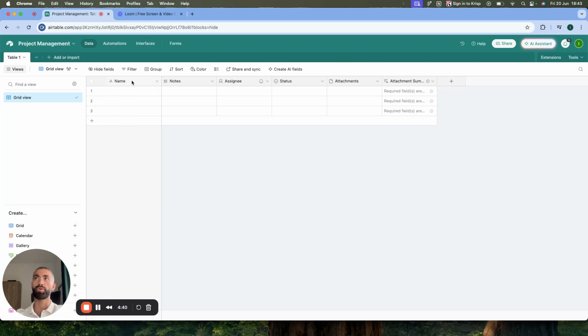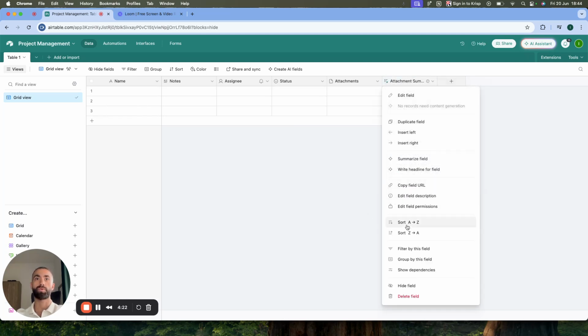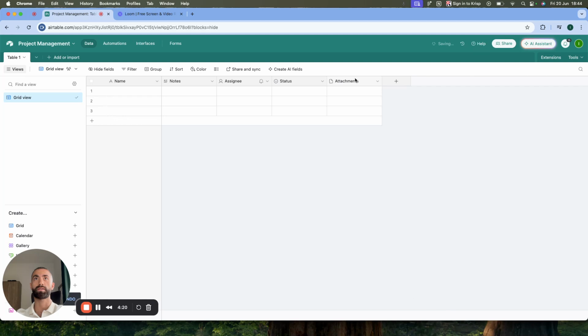When you open a new base from scratch, you'll see that there are some fields that are pre-created for us. We don't need them necessarily, but it's nice to see what kind of fields we can have. What's particularly useful, for example, is understanding how the AI field works here. In any case, let's go ahead and delete them so that we're using what we need. Let's delete this, this, and this. And we'll start